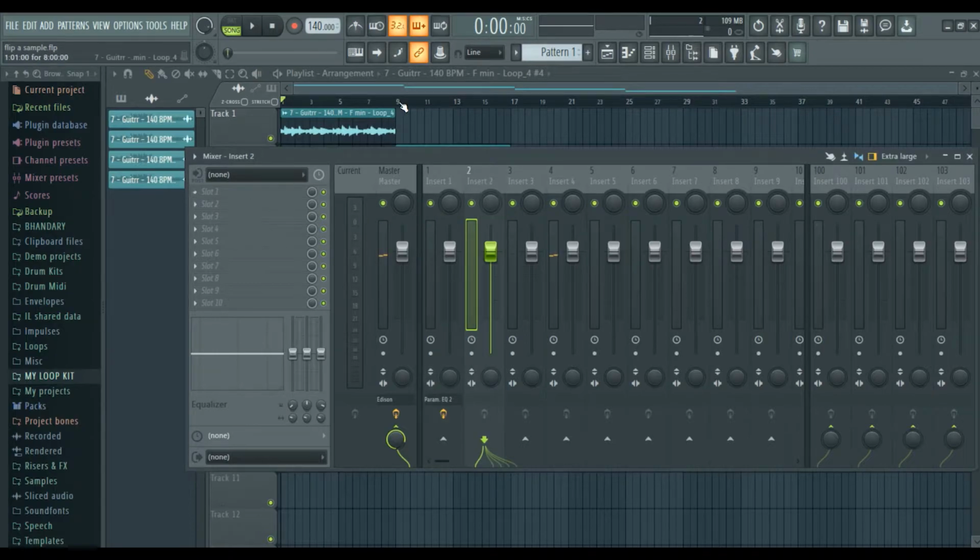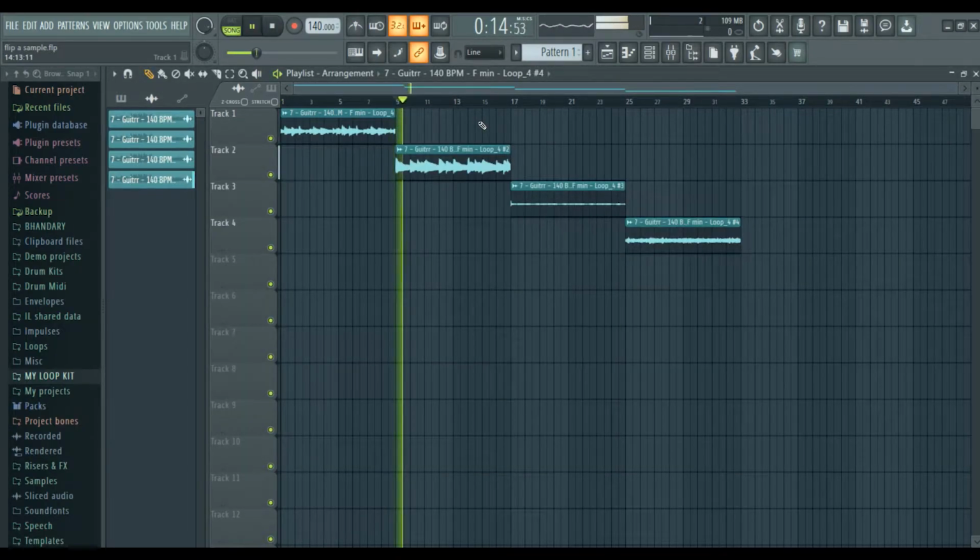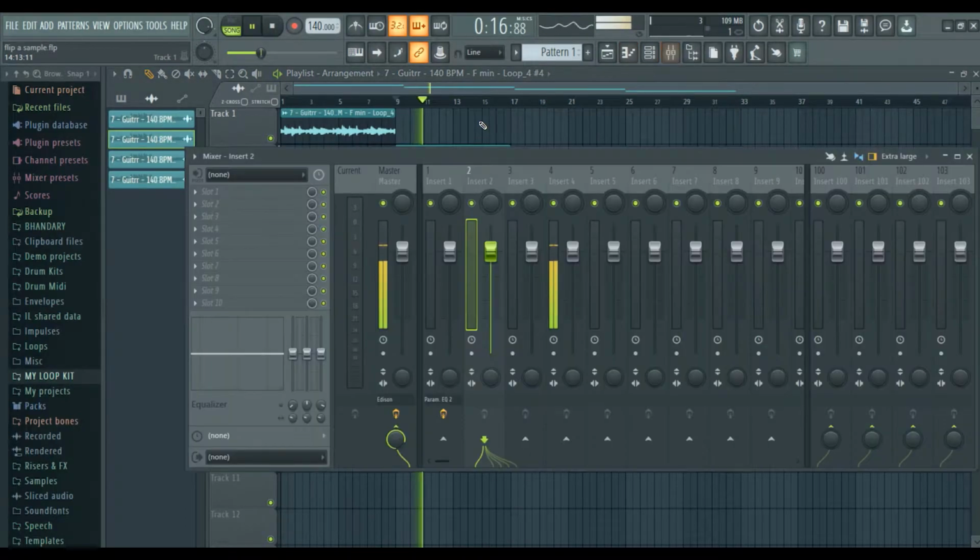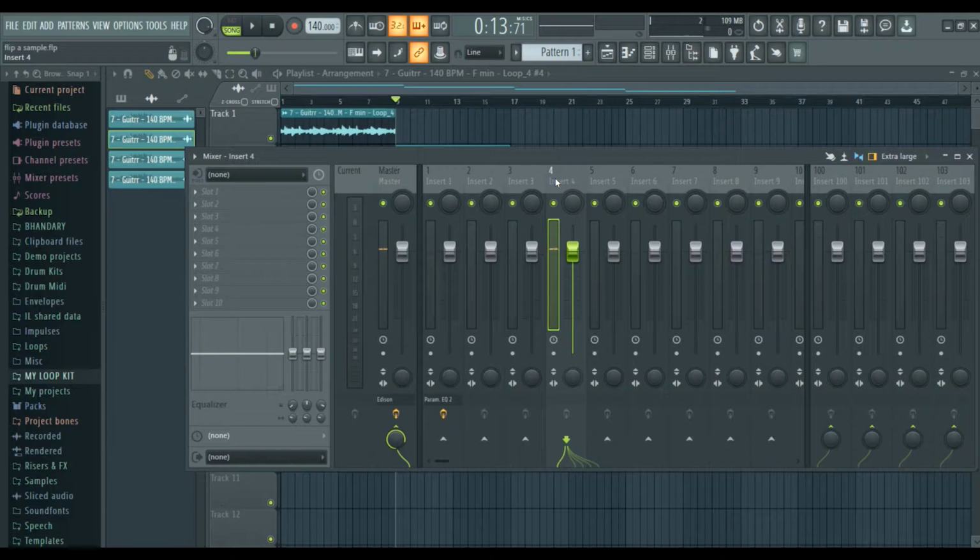Okay, and then for the next part, which is routed over here,